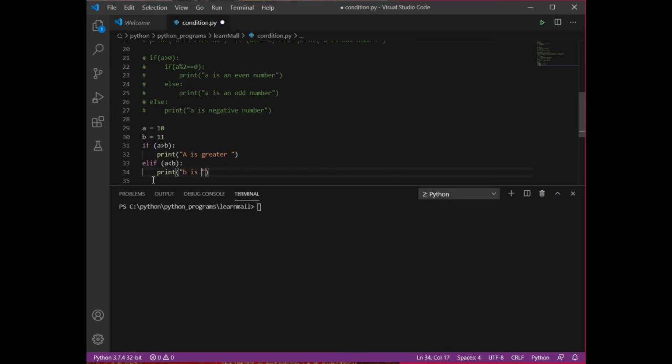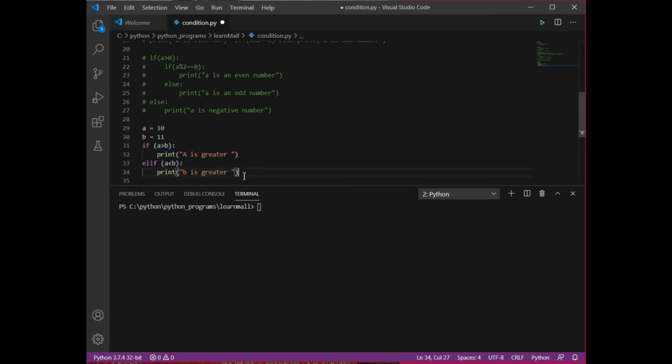Obviously, if a is not greater than b, then b is greater. Now I have made both the checks, that a is greater than b or b is greater than a. There is a third possibility, that both numbers could be the same, but for that we need not put any condition.